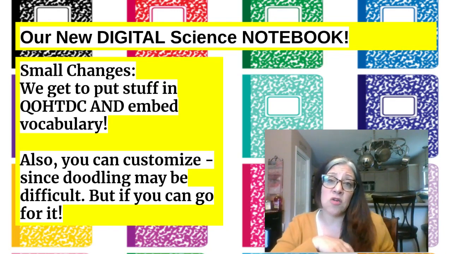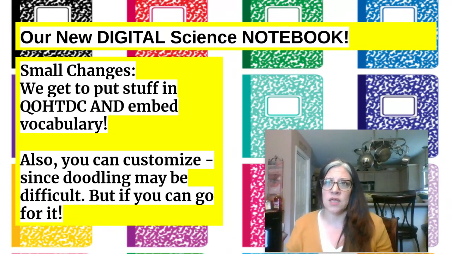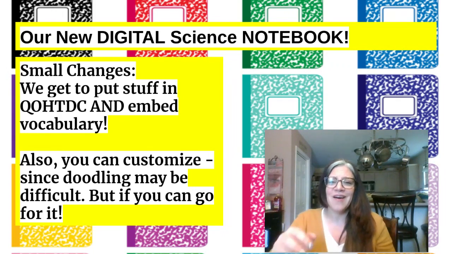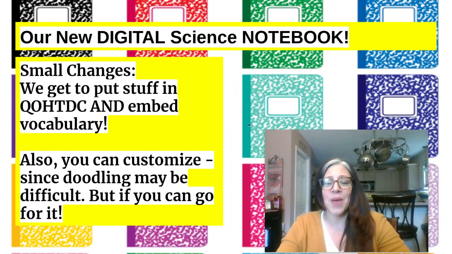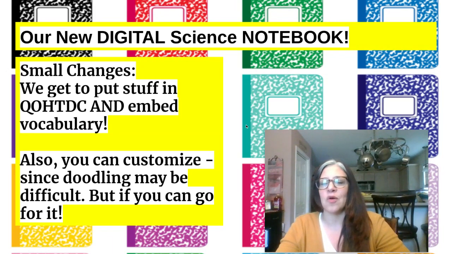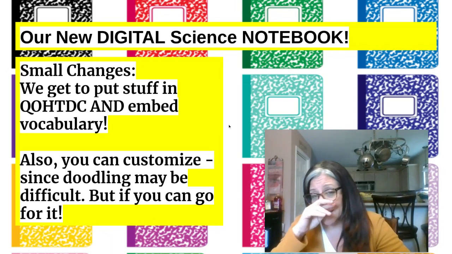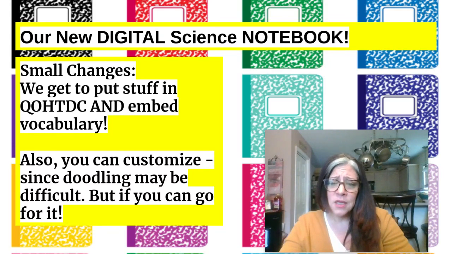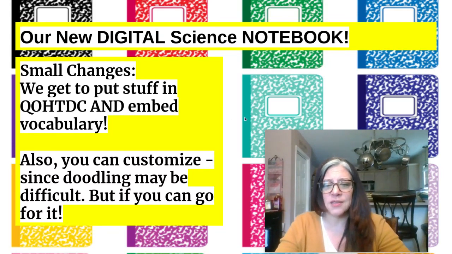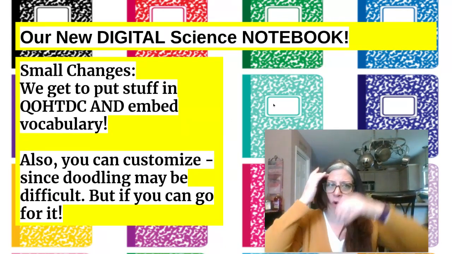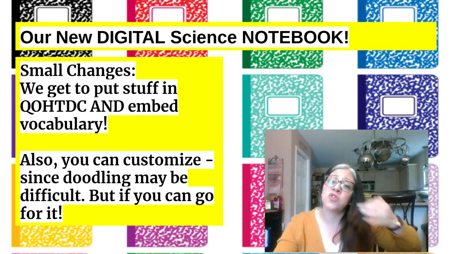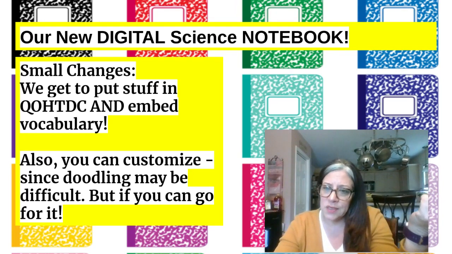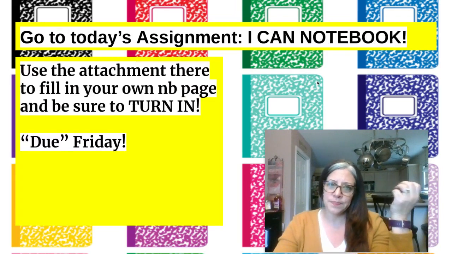So the cool thing about your new notebook page is that you can customize it. You can customize it in a lot of different ways because doodling is going to be somewhat difficult, right? But you can use background pictures and whatever kind of fonts and highlighting you want. Just kind of like what I do here in Google Slides, right? All I did was search for a marble notebook picture in Google Images search, found the one I liked, clipped it, and used it for a background on my slideshow.